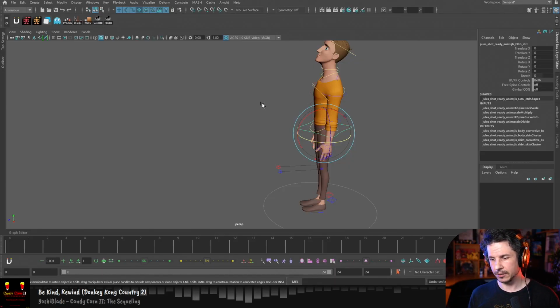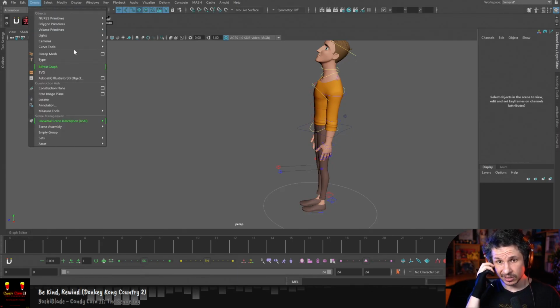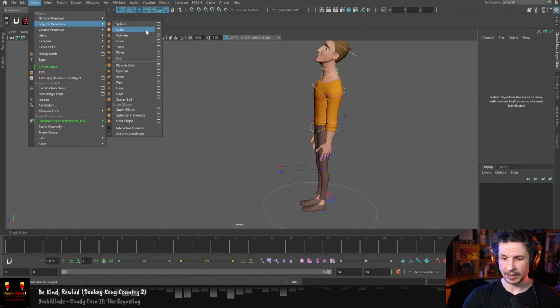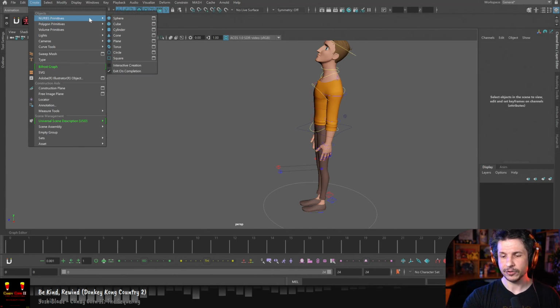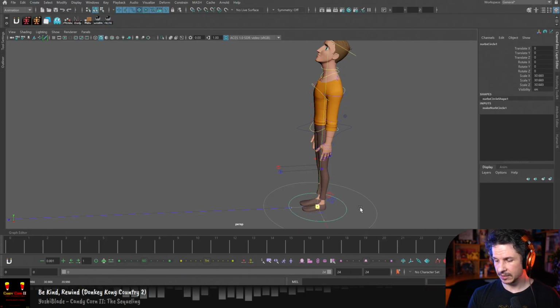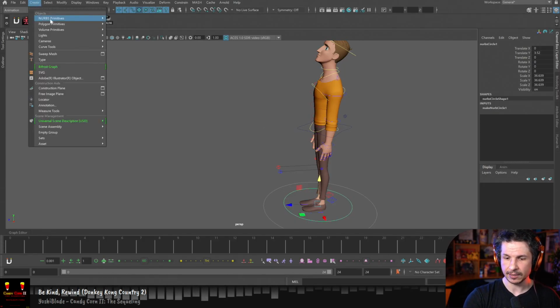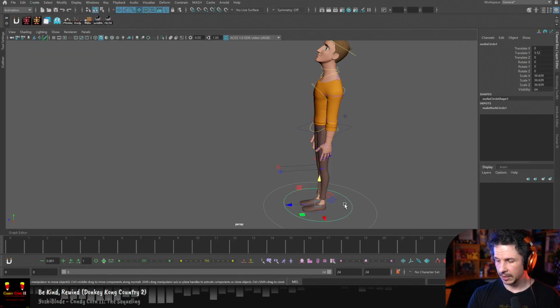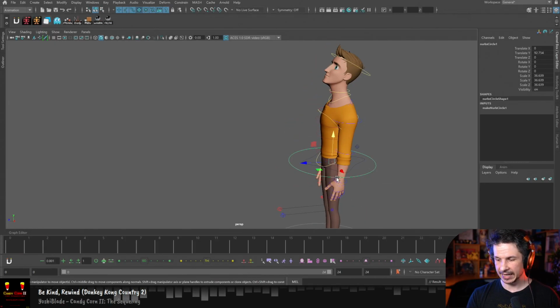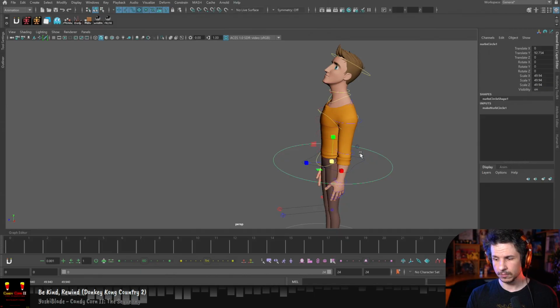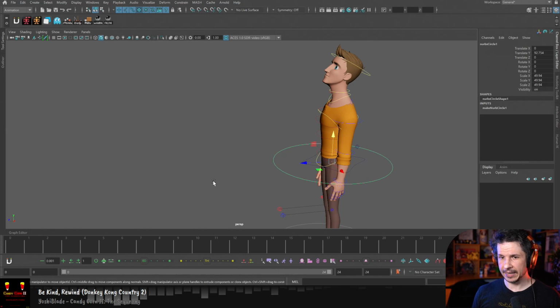gimbal situation. And for this, it's really just doing a constraint. So what I'm going to do is create, in this case, if I'm going to control his hips, my own controls here. So let's create a new curve here. I want to create NURBS primitives circle. I'm going to place this right where the cog is. And this is, again, if your character doesn't have a gimbal control. So I'm going to place this here. And from there,